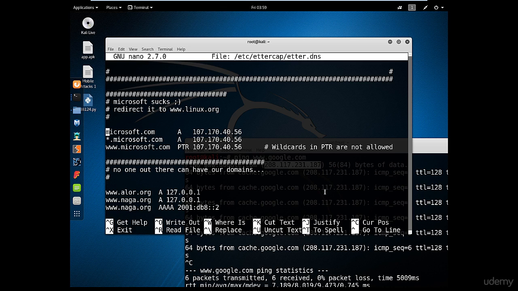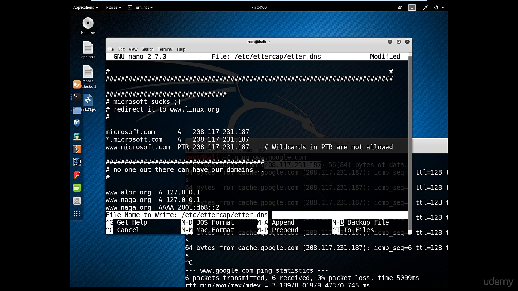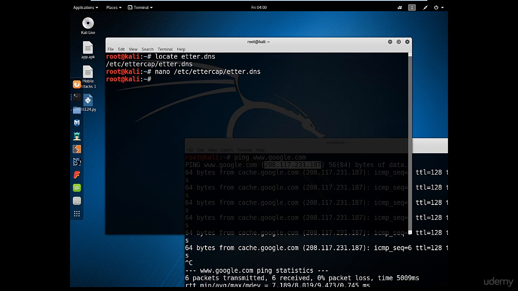So I'm going to copy that, and I'm going to go here, and we're going to change those 3 IPs and put the Google IP. Paste, and then paste, and then the last one and paste, and we are set to go. So I need to save this file, so I'm going to click on Control X and click on yes and enter. Now let's run Ettercap